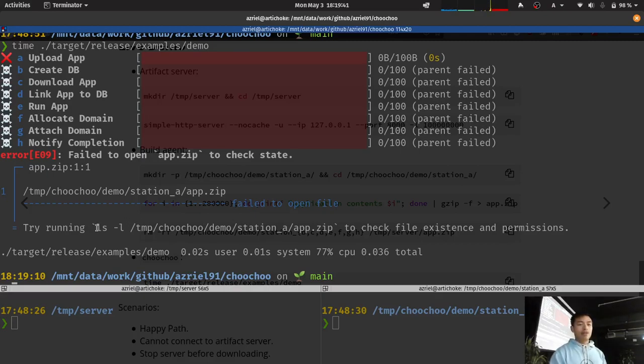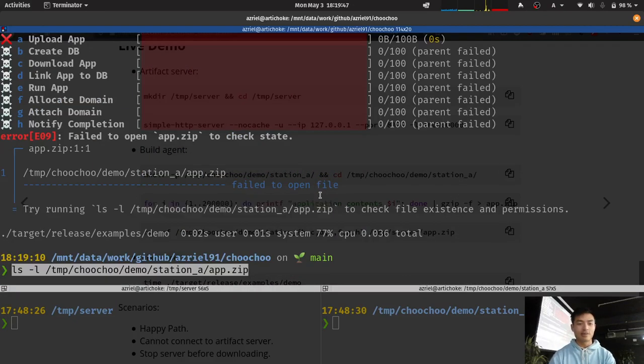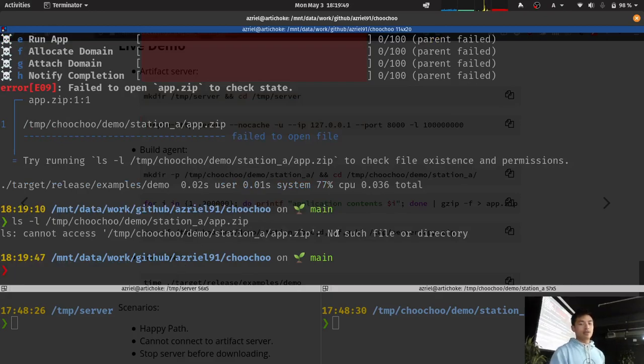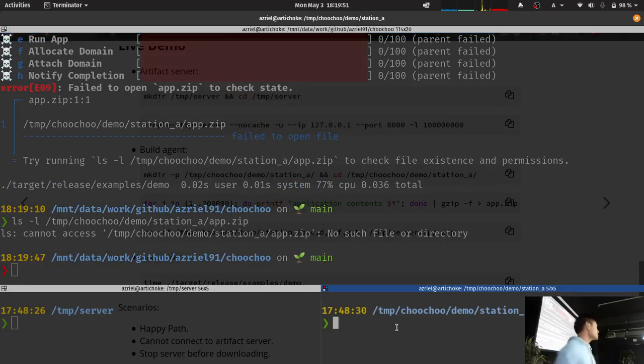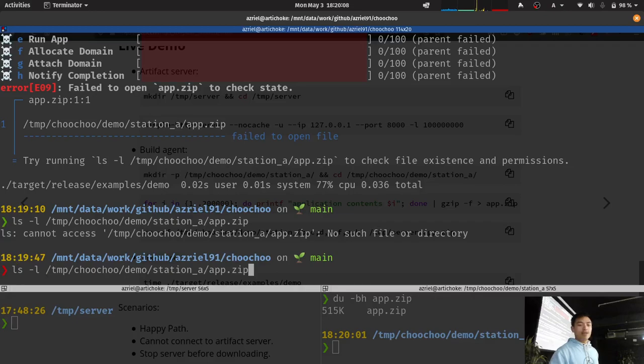So if I run this, come on, and it's at the bottom. So it doesn't exist, but we can create it. So this is a little command which I use to create a zip file. It is 515K in size, quite small. We can make a bigger one later. So if I try to upload it now,